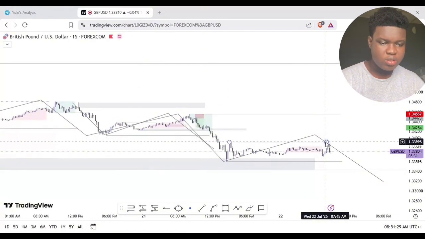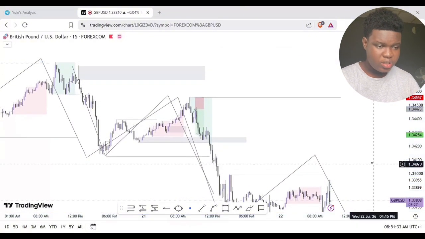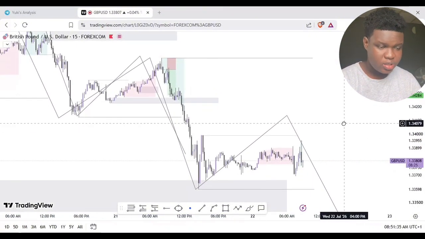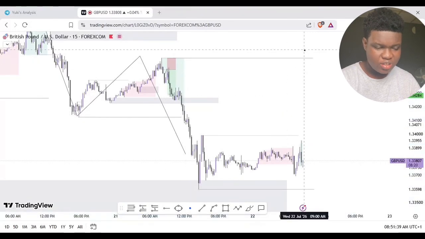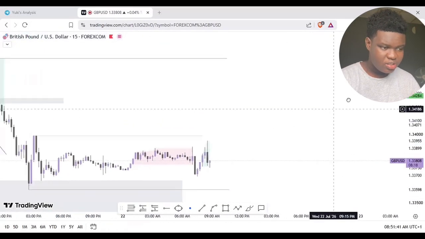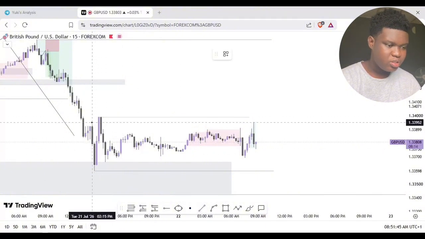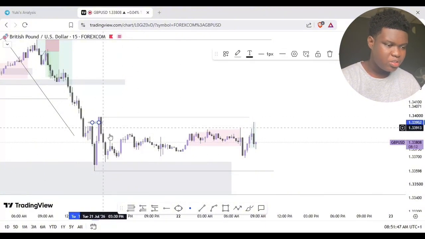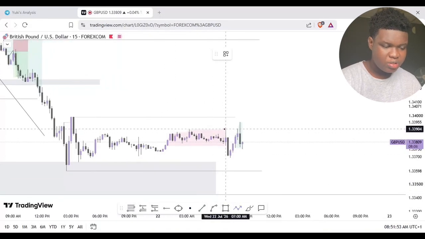So what am I saying right now? You can see we have a very bearish bias. I just want price to pull back deeper. As you can see, there's a change of structure right here. So the internal structure is kind of bullish. It's easy to miss, but that was a change of structure. So price grabbed liquidity from